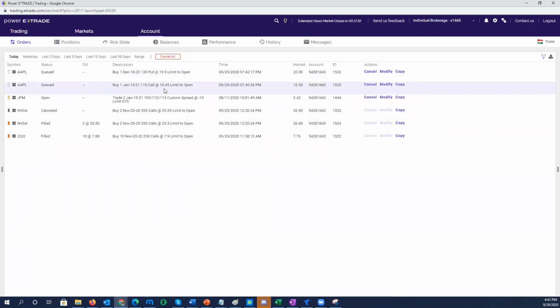If I'm going to buy it, even if it buys, I don't mind. But this one I don't want to buy, this put. So if I want to modify it, I can modify, I can cancel. So I'm going to cancel this one. Even this one I'm going to cancel. Okay. So that's how you buy and it's very easy. But you should have an account and you should have funded already. So it's easy to buy. So when you open in the right platform, you can do this, right?